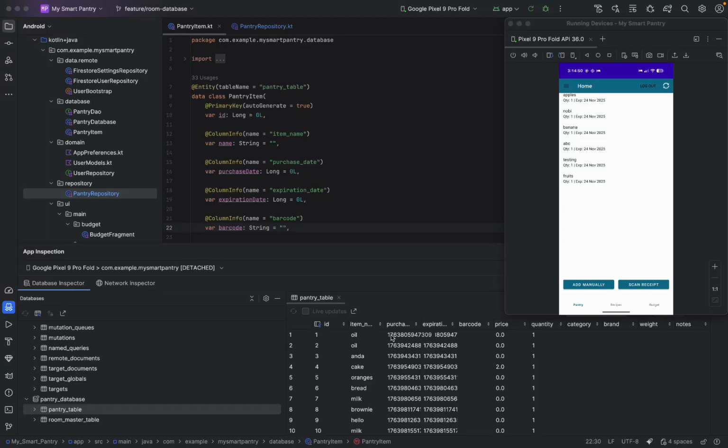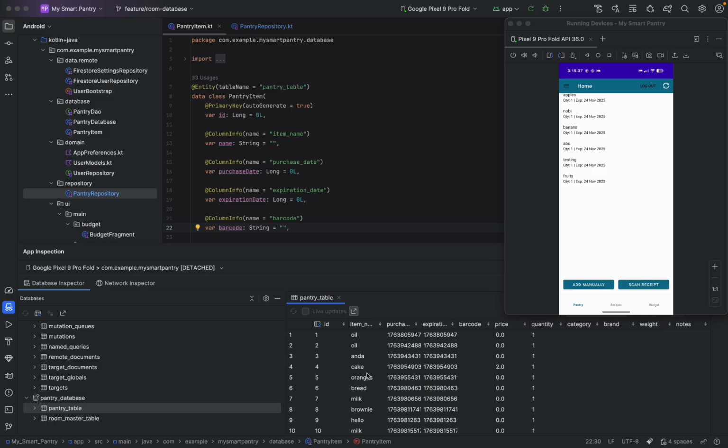In our first iteration, the pantry list was just static placeholders, but for this show and tell, I replaced that with a hybrid database architecture. I started by defining the core schema here in this file. For offline capability, I implemented Android Room, which is basically a database that will hold all of the items in our pantry list offline. So if I go over here, this is our database, and these are all the items